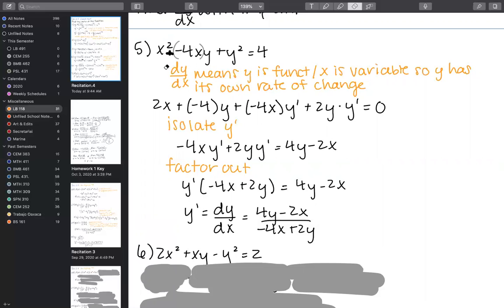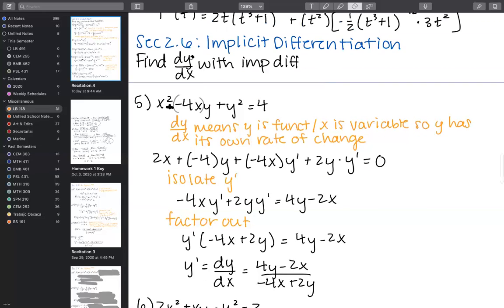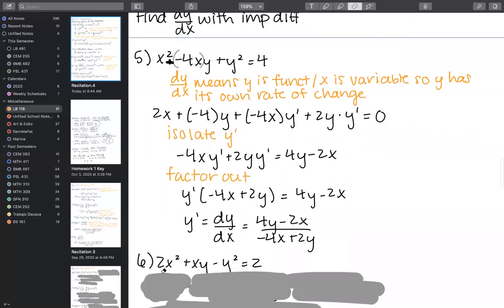This is the concept behind that. We're taking the derivative of y, the function, with respect to x, and so we have to include its y prime. We find all the y primes, get them on the same side, factor out all the nonsense that we don't need, because we want to find dy dx. That's the whole point, and dy dx is equal to y prime. Get rid of all of that, put it on the right-hand side, and voila, you've got y prime.